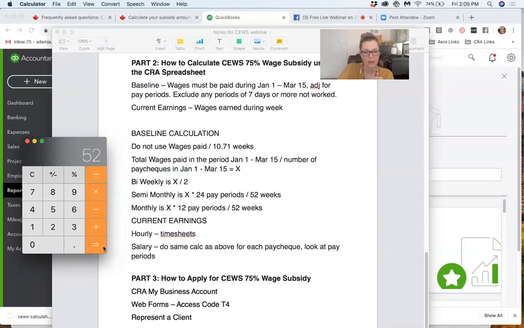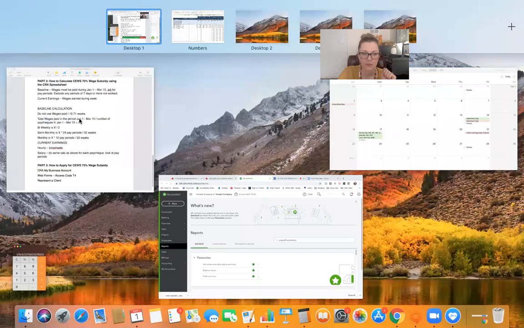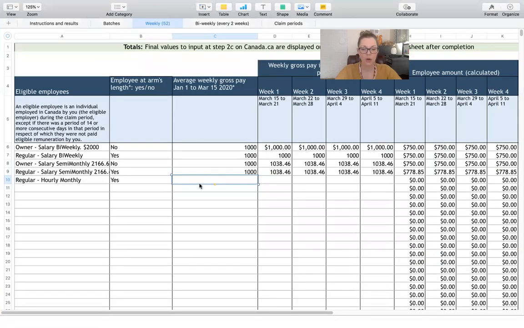Then I divide by 52 weeks to get their average weekly is $576.92. Here it is. Okay, you got $576.92 in your baseline. And then they got paid again on March 31st and on April 30th. So let's say on March 31st, they got,